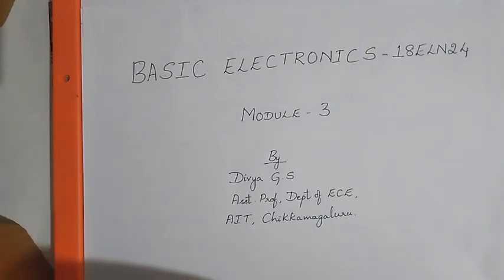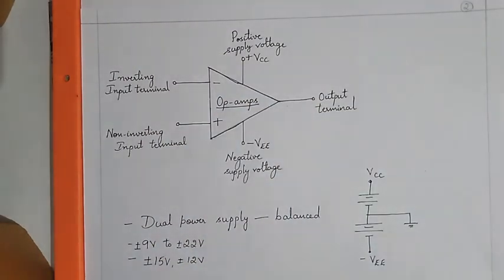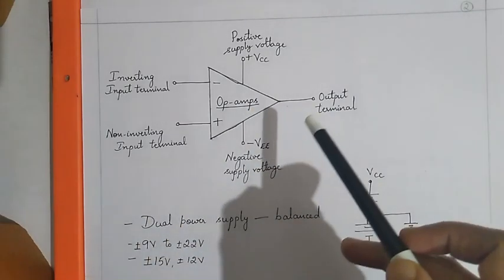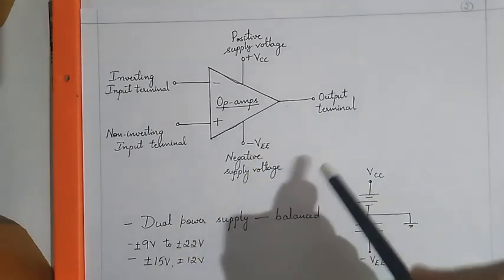Hello and welcome back to module 3 of basic electronics, where we learned about the op-amp. Op-amp is basically a high gain differential amplifier that can amplify a wide range of signals, that is, signals having a frequency ranging from 0 Hz to beyond megahertz. So this is the op-amp symbol. It has 5 terminals: inverting input terminal, non-inverting input terminal, positive supply and negative supply, and the